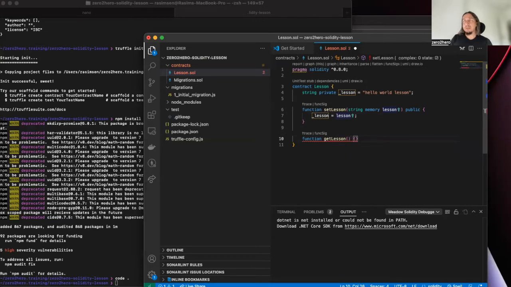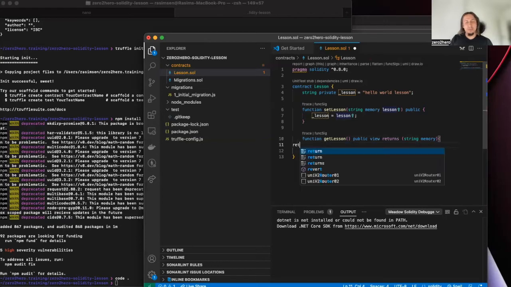Again, it will be public view and return string memory and sorry, will return